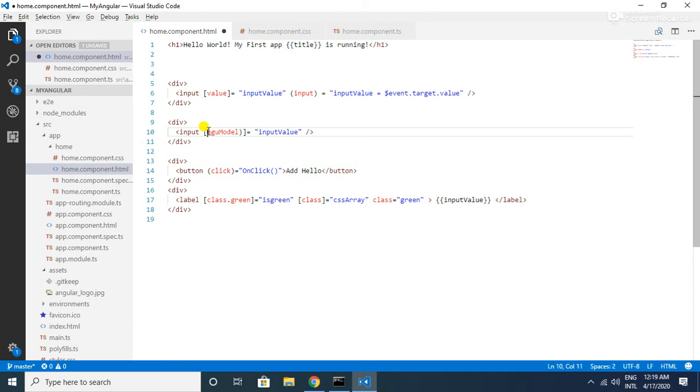First we have to do the event binding with the parentheses, and after that the property binding, that is square brackets. You can remember this as a banana in the box, like this: first parentheses and then square brackets. Now if you just save this and remove this also, it works as it is.